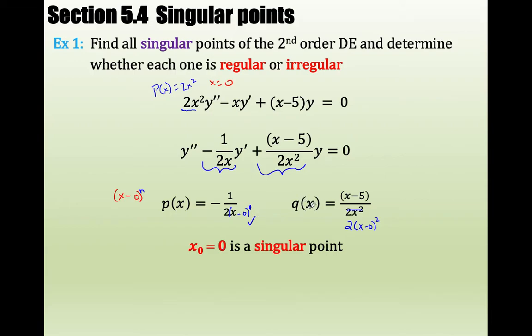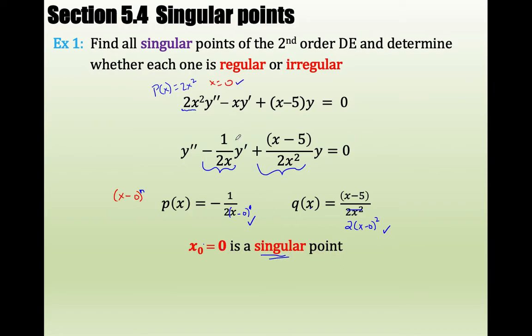And in the y term, my factor x minus 0, which is the point of singularity, appears twice, which meets the condition to be, well, firstly, meeting the condition to be a singular point is met